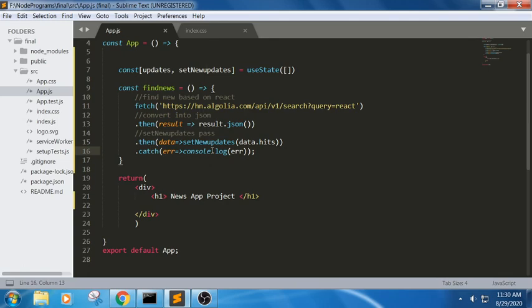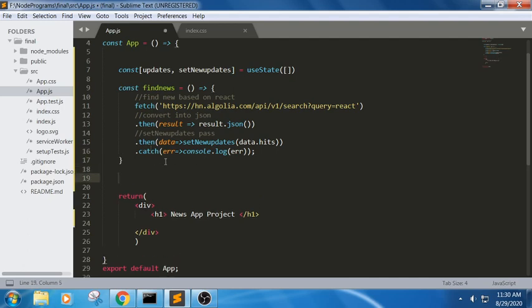For example, in order to get this news part, it should be able to display as soon as the page loads. As we have discussed in the earlier sessions also, useEffect will try to load as soon as the web page loads, right? Here we are trying to use useEffect. This useEffect will try to load this thing.